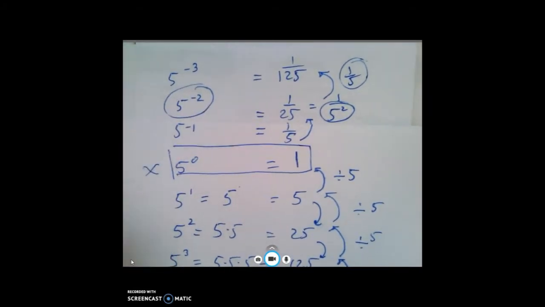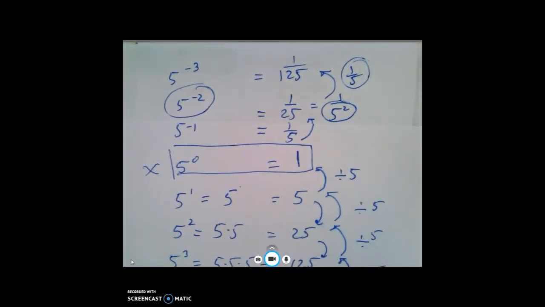And how you see where the whole numbers fit into this. Okay, where the whole number exponents fit in, where the negative exponents fit in, and where the zero exponent